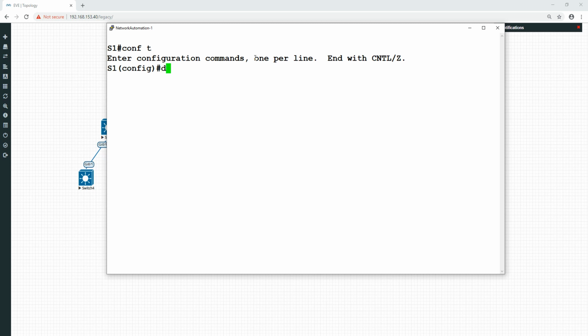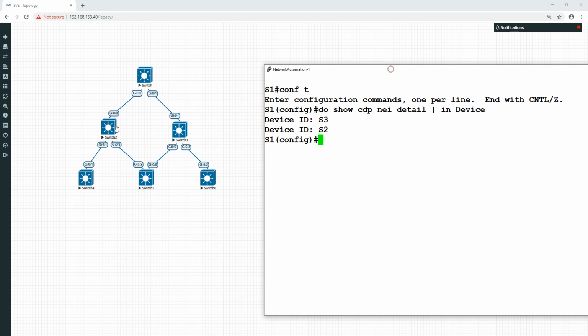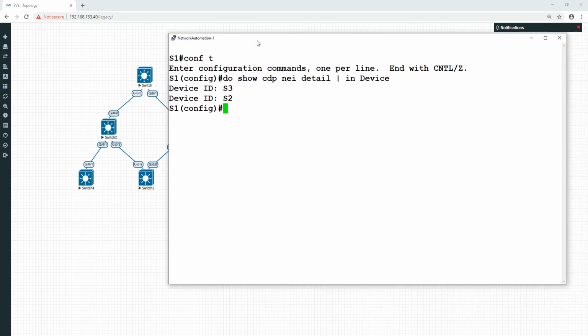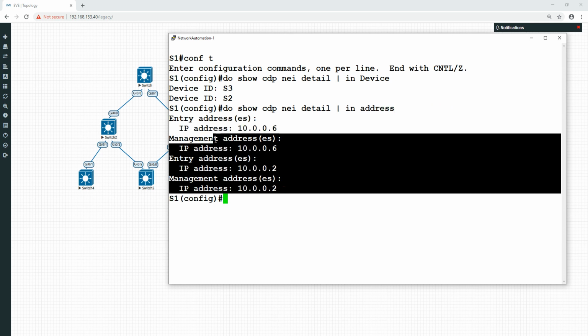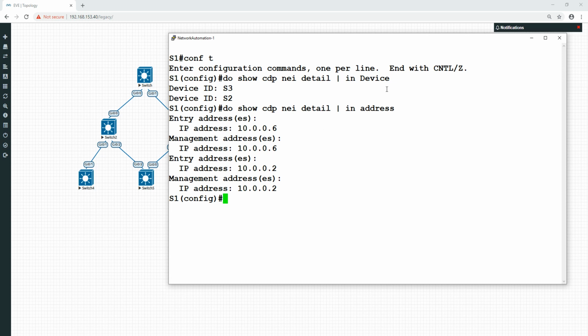So for example, say do show CDP neighbor detail, and I did include device, okay, just a basic pipe command. The two devices I'm connected to are switch 1 and switch 2, okay? But let's say I also wanted the address, I could just do address. So I've got the address, or I can do device. So how would I put the two of them into the same command? If I did this,